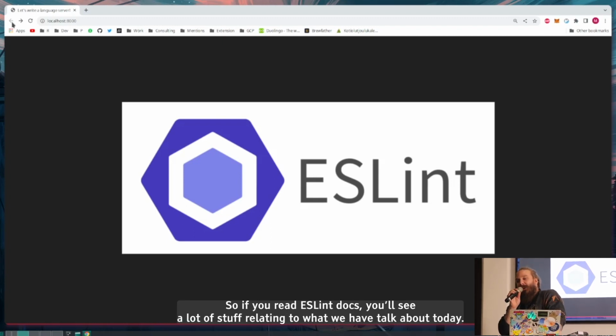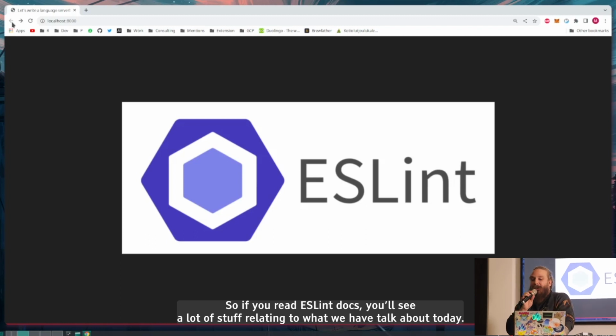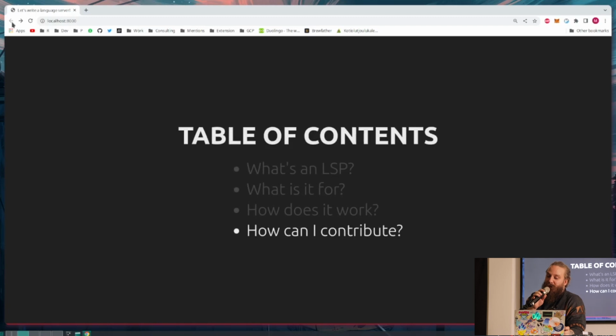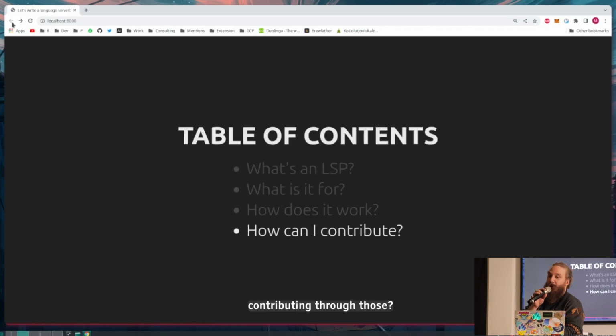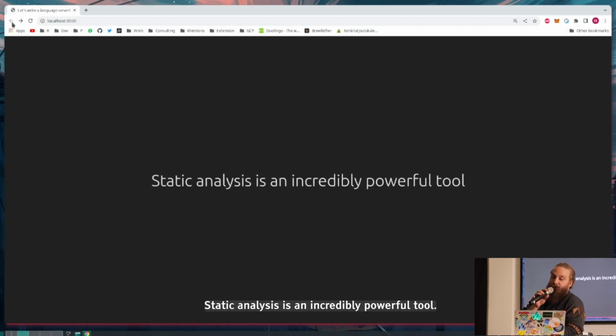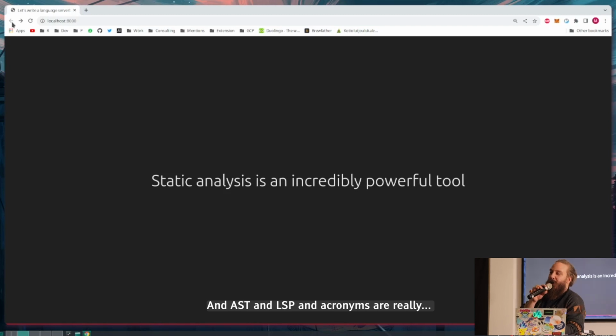So if you read through the ESLint docs, you will see a lot of stuff relating to what we have talked about today. But yeah, let's try to wrap this up. How can you actually start using language servers and contributing through those? Well, static analysis is an incredibly powerful tool, and ASTs and LSPs and acronyms are really